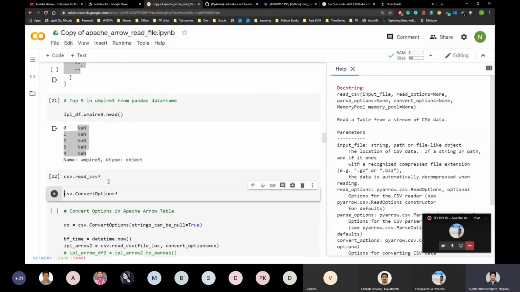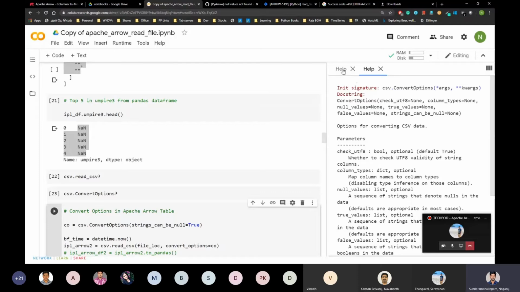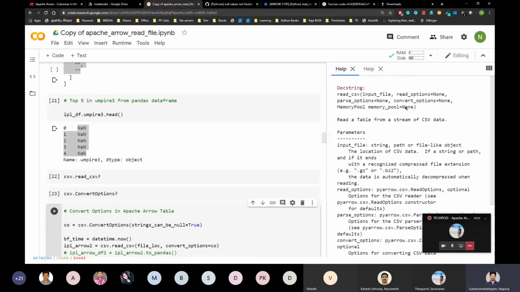So while reading the CSV file, if there is any null, you have to convert that to null, not an empty string. There is an option in the pandas read CSV function. The first parameter is the input file location, and there are other options, like the parse option, where you can parse the data object or string object while reading the CSV file itself.